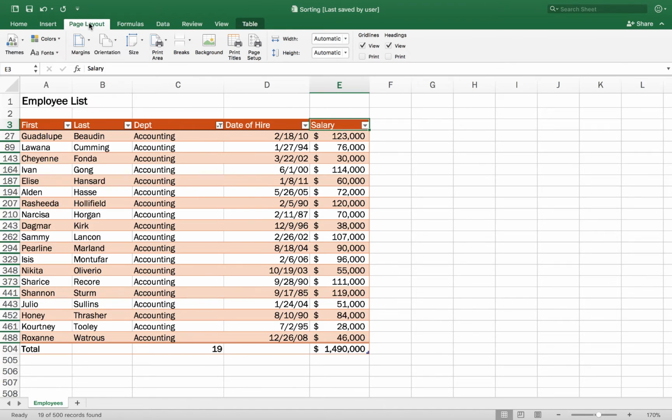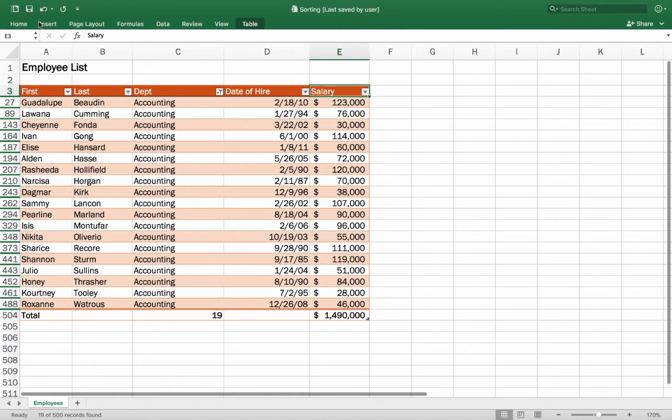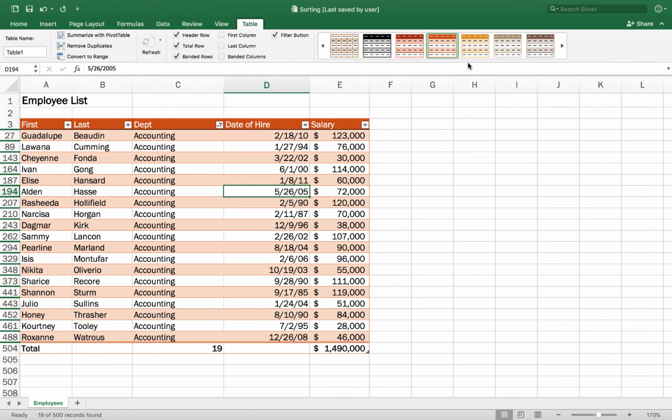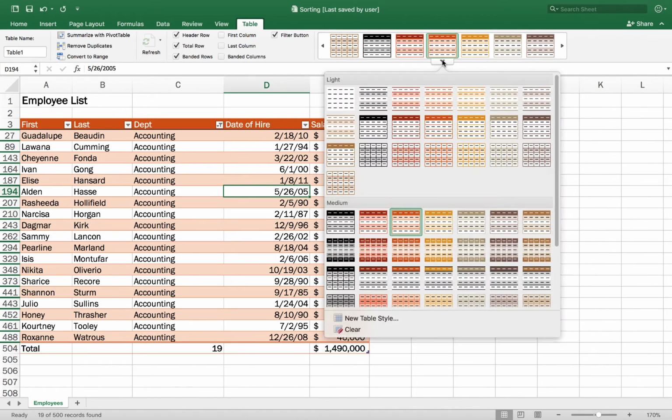Once I've modified my theme here, if I go back when I'm in this table, if I go back to the table tab and I look at my table styles, the table styles are modified. The table styles are completely different than what they were before because I changed my theme. So I've got different variations of that. So kind of going to your question about changing the header, I guess if you come back and change the style of the table, that would affect the header there.